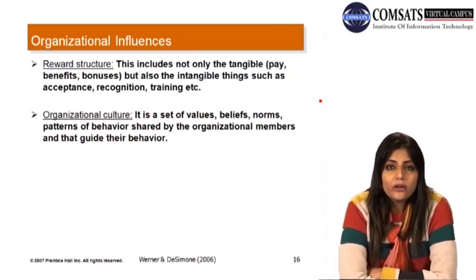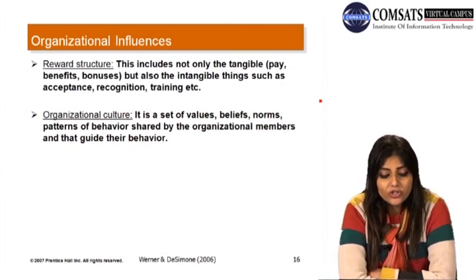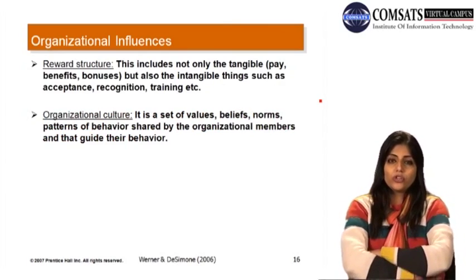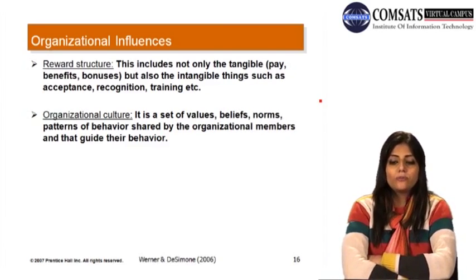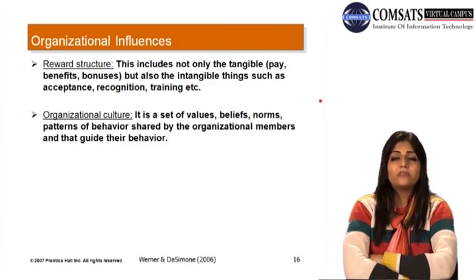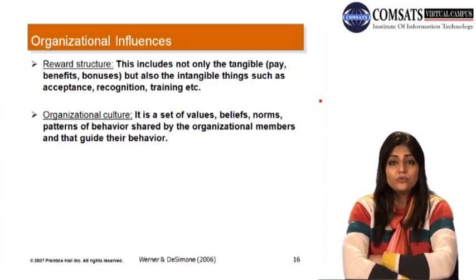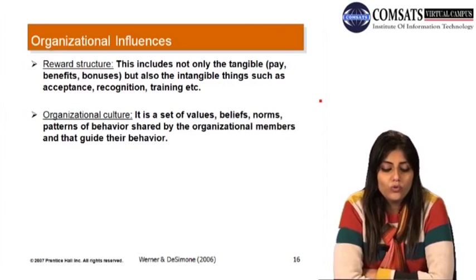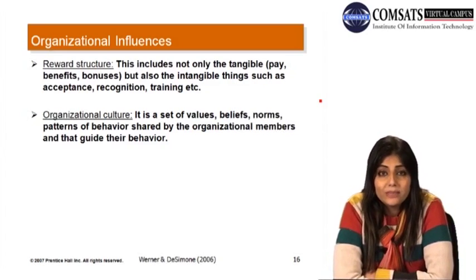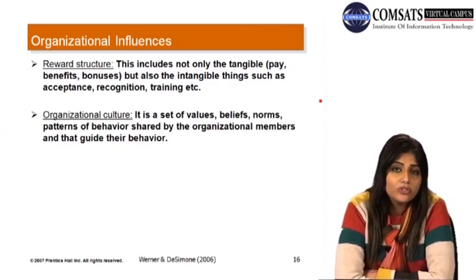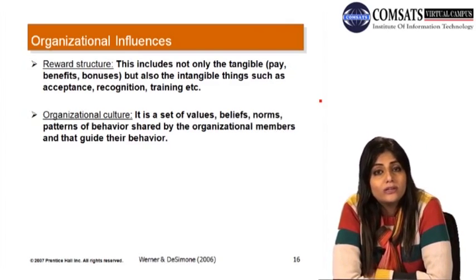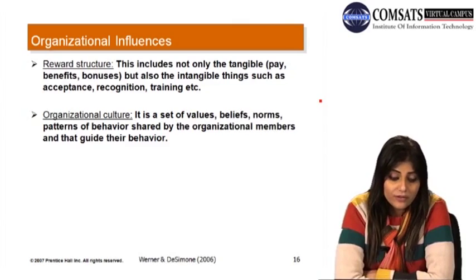Then there are a number of organizational influences, such as the reward structure and the organizational structure. The reward structure is how you give tangible rewards to the employees, and how you give intangible rewards in the form of the number of trainings you provide, how those trainings are distributed, what the quality of those trainings is, the recognition you give your employees for the good work or hard work they have done, and the acceptance you have for the employees. So these are all the tangible and intangible benefits that employees receive from the organization, and of course we all understand that they influence employee behavior significantly.